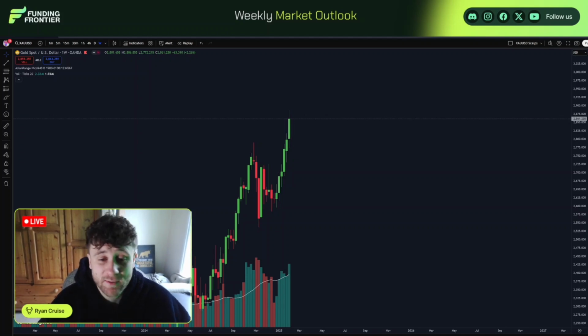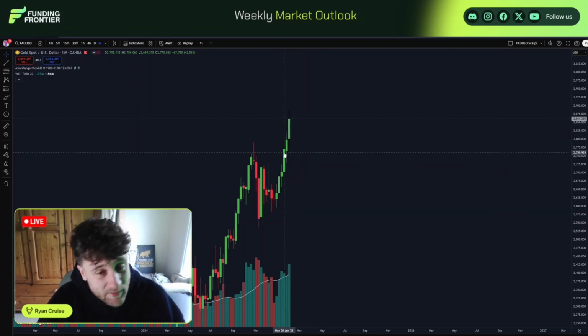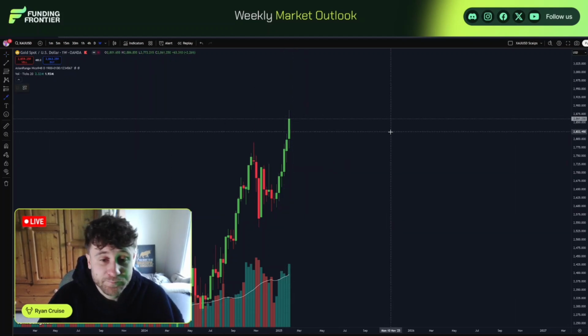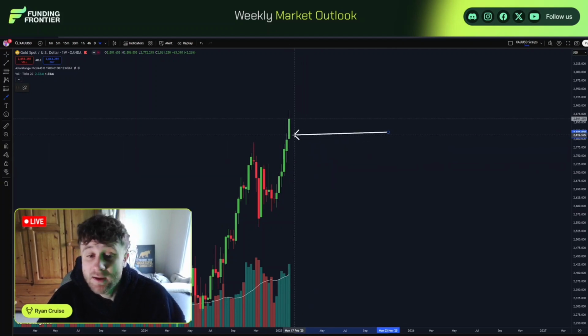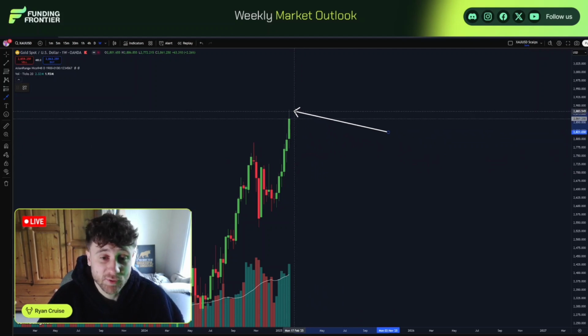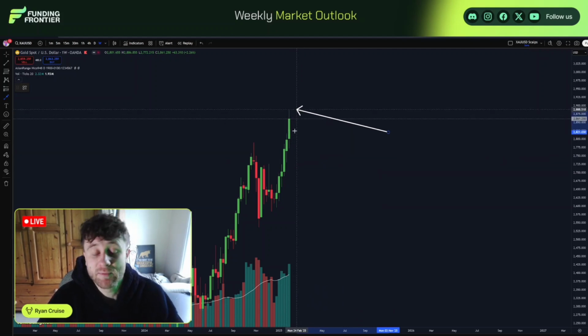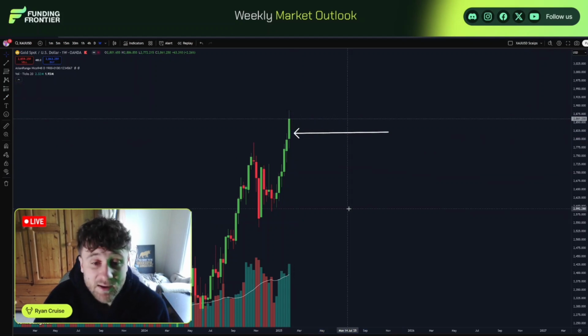bias every single week for the last 3 or 4 weeks, and it has been absolutely insane. Again, last week we said if we do respect that previous low on the previous candle, which we did, we created this really nice bottom wick, respected the previous low of the previous candle. Then I said if you come up and break the previous highs, then I would expect gold to continue up into new all-time highs, which is exactly what we did. So plenty of trading opportunities on that bull run.